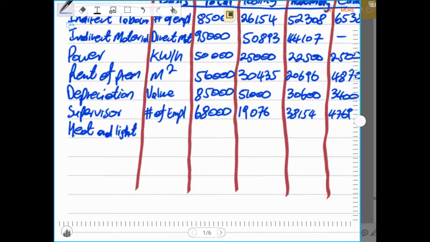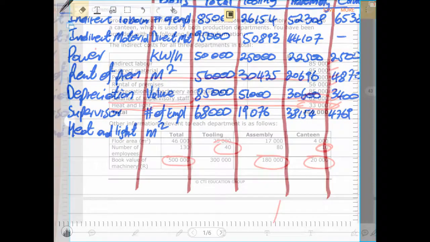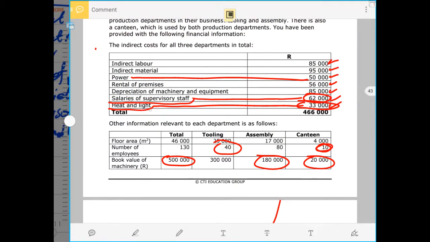And our heat and light will be based on the floor space, which is the area in meter square. Why do we use that? It's because the light that you need in a property or in a building or in a warehouse depends on the space that is available. The bigger the space, the more heat or light you will need. But if the space is very small, you need little light. So that is why when it comes to heat and light, we use the floor space as the base